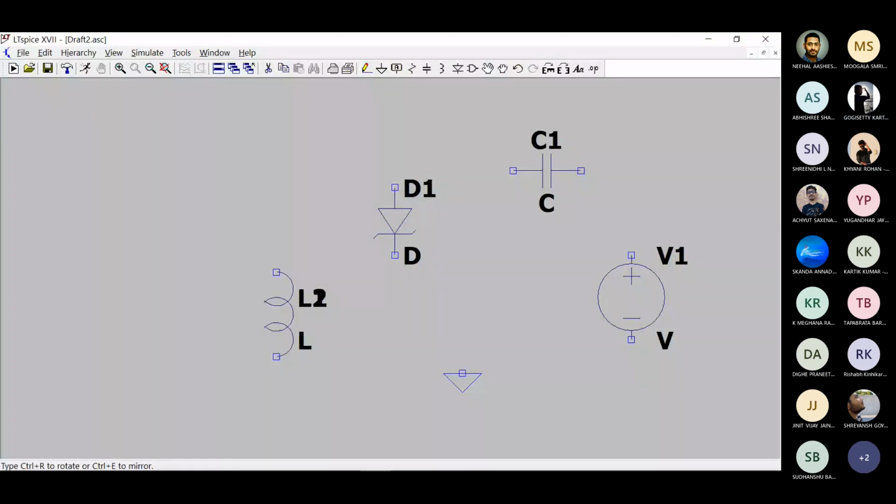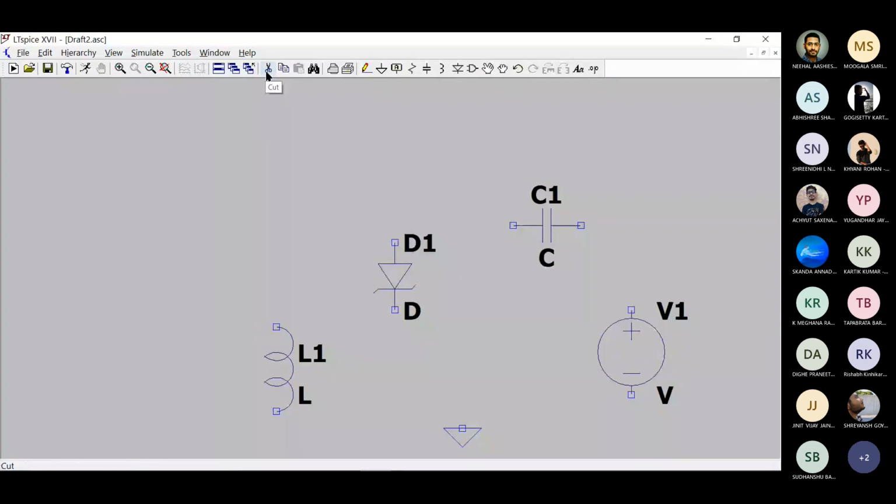You can press cut if you want to cut any component in here. Since Control Z does not work, you have to use cut. And this is the wire. You can connect components in here. And if you want to label something, I'll show you what this is used for later on. Click on label net, the net name here, and then give a label name.